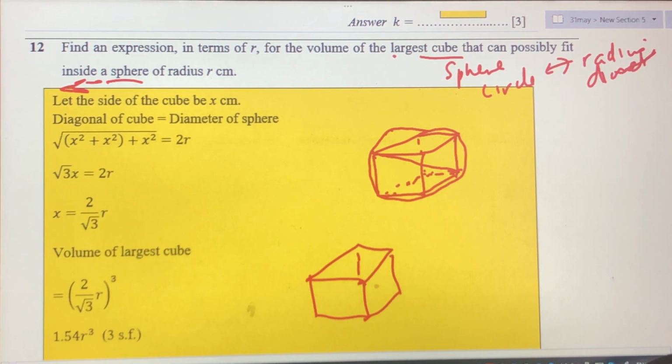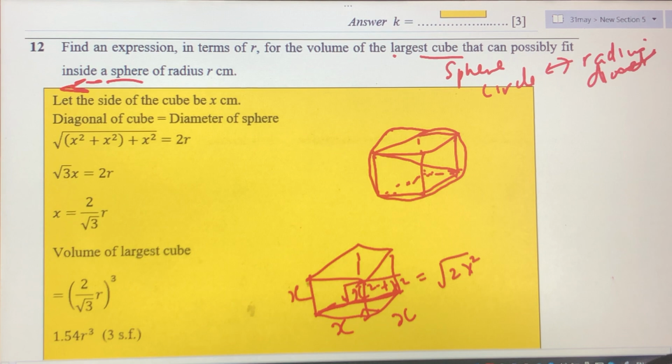Each drawing seems to get worse. Never mind. I let this be x, let this be x, let this be x. Don't you agree that this is a right angle? So this part here will be square root of x squared plus x squared. That would be square root of 2x squared, right? And this part here, again I can get a right angle triangle. So when I find this diagonal,